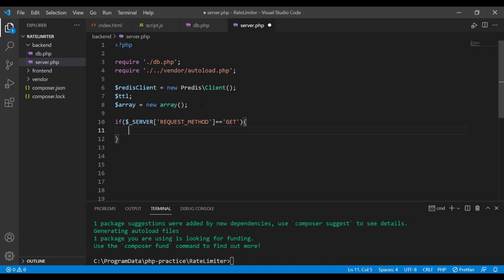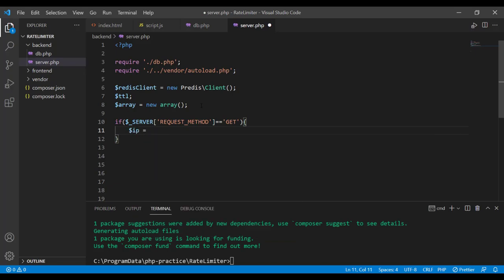Now the first step in defining the rate limiter logic is, first of all, we have to uniquely identify each request, like who this request has come from. Is it a new client, or has that client already made a request within a certain time frame? So for that we have to identify each client, and the simplest way is to identify a client based on its IP address. When any HTTP request comes to the server, one of the pieces of information included with that request is the IP address from where this request originated. So we have to extract that address from the HTTP request and store it in a local variable.